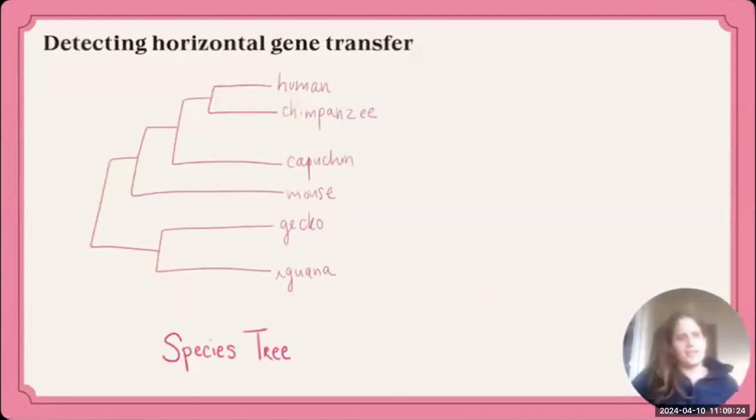The tree that we see on the left is a species tree, which recapitulates evolutionary history of the species. So when we look at this phylogeny, we know that humans and chimpanzees are more closely related to each other than they are, for example, to a mouse or to an iguana. Gene trees, on the other hand, don't necessarily